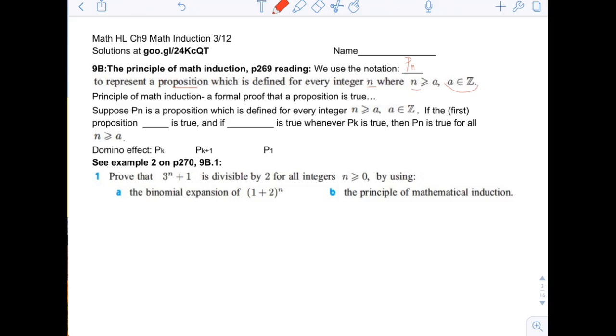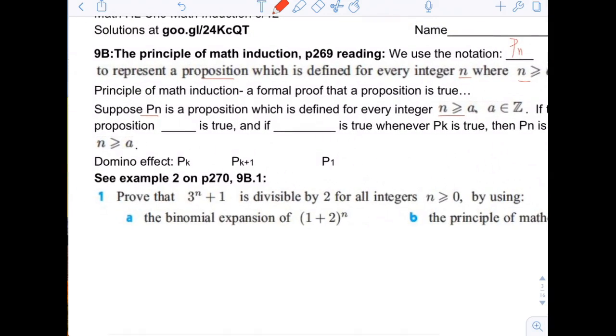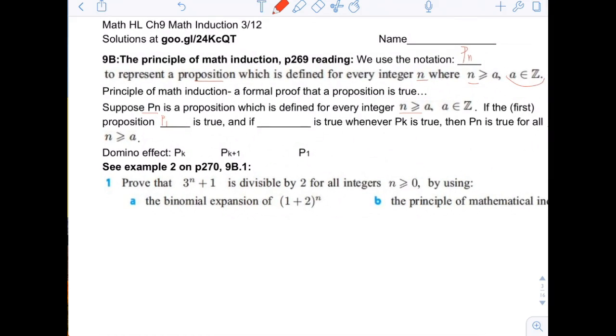So math induction is a formal proof that a proposition is true. Suppose P subscript n is a proposition which is defined for every integer n greater than or equal to a, where a is an integer. If the first proposition, where n equals 1, P subscript 1, is true, and if P of k plus 1 is true whenever P of k is true, then P subscript n is true for all n greater than or